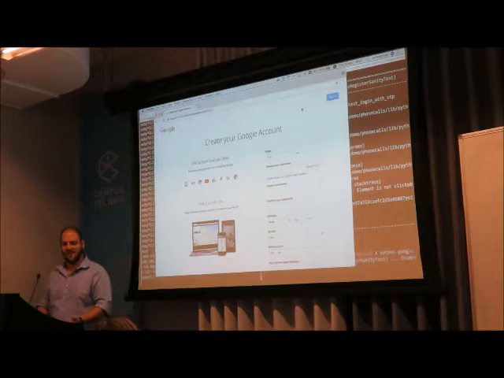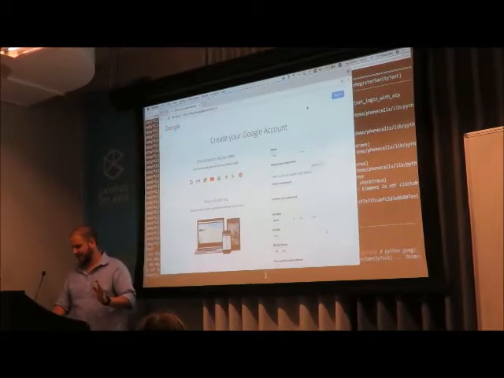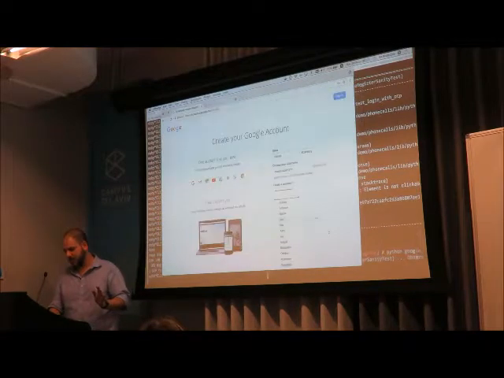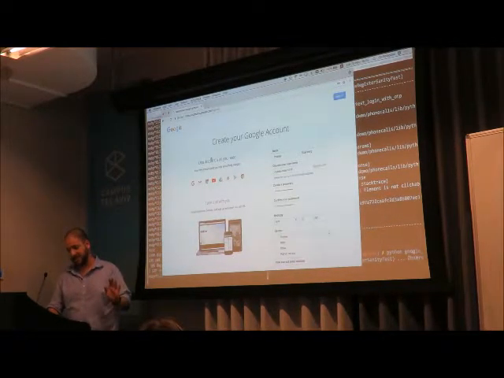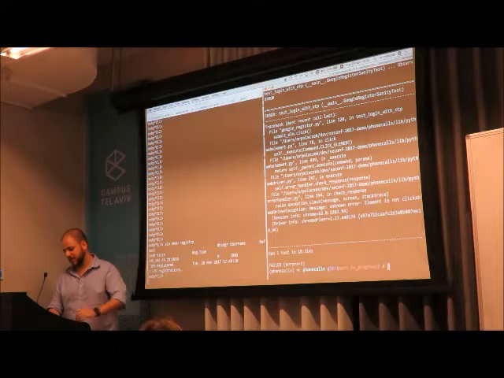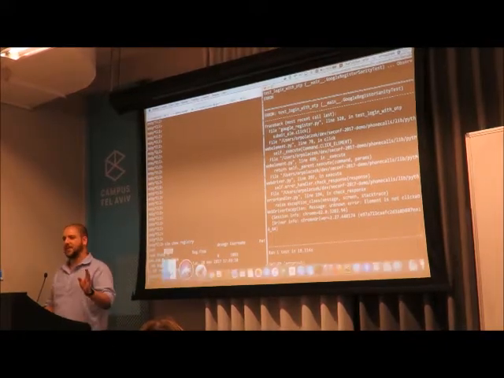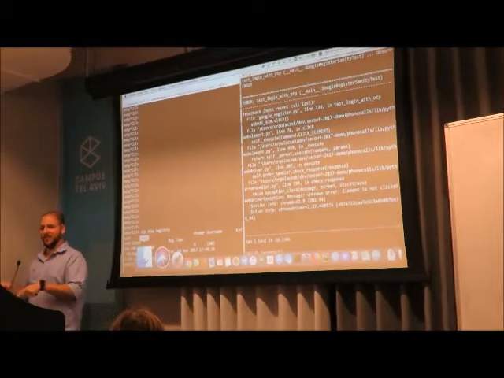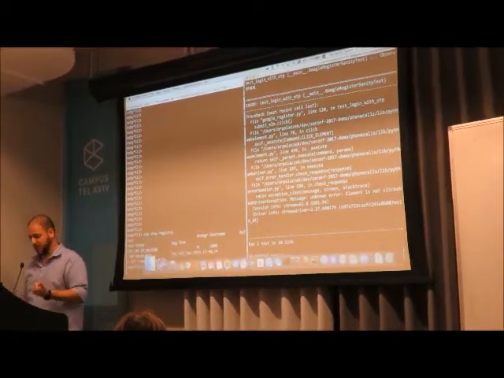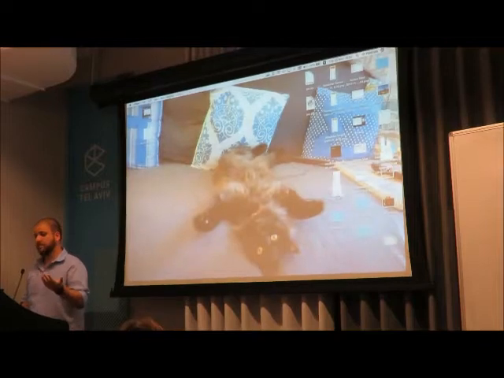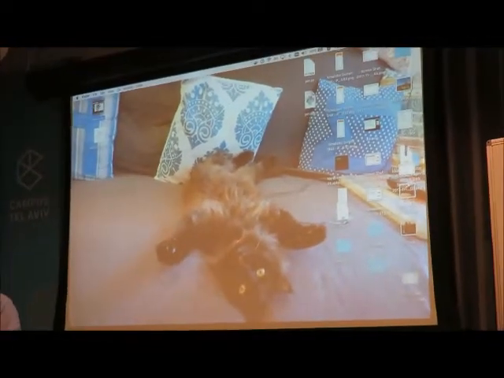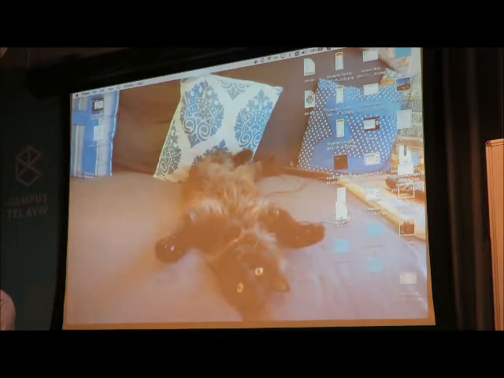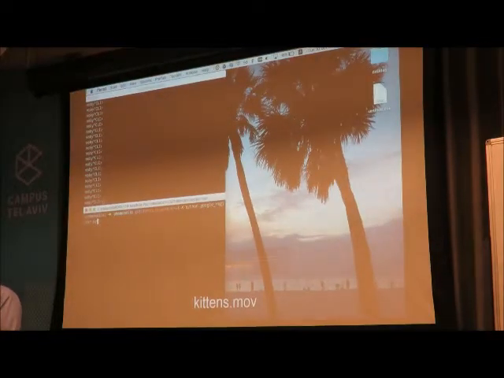Keep going. So let's see if it worked this time. Almost. Yep. Let's hope it stays that way. Okay. Something has changed with the Google Chrome version I used in the previous presentation to this one, so I'm going to fix the script and I'm going to show it to you. I'm going to publish the updated version. Until then, we're going to go to the video that saved me previously, which is called Kittens,